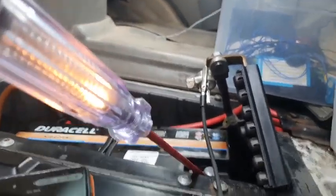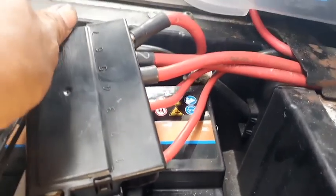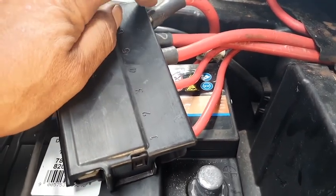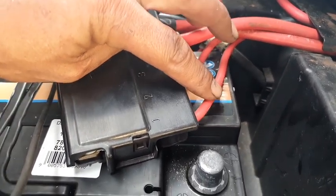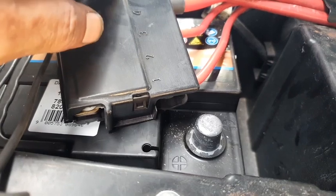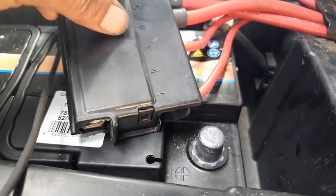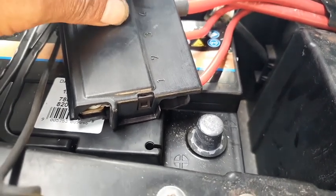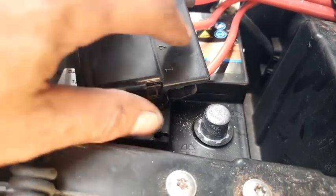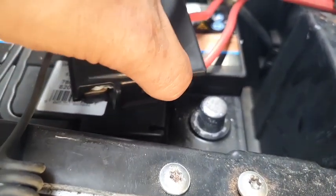Now, there's a splice in here where all these wires go. This one goes to the front and the rest of them go to the rear of the van. Now I numbered them 1, 2, 3, 5, and 7. As you can see here, we have 1, 2, 3, 4, 5, 6, 7, but I numbered them the other way around. So 1 is number 7, number 2 is number 6, and so forth. This number 3, which is number 5 on the box, and number 3 on the box, which is number 5, these two are the two wires